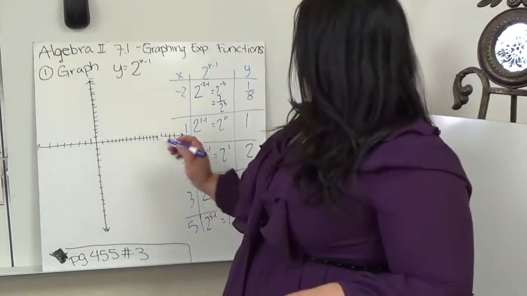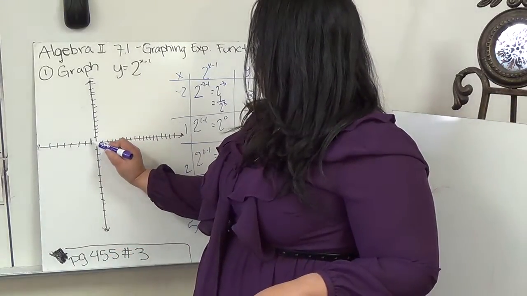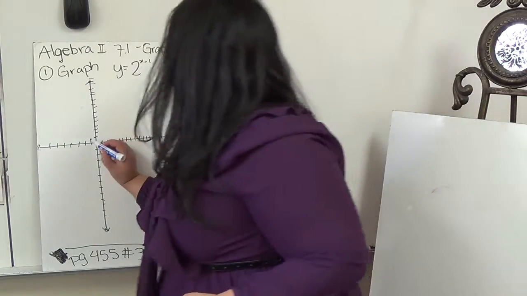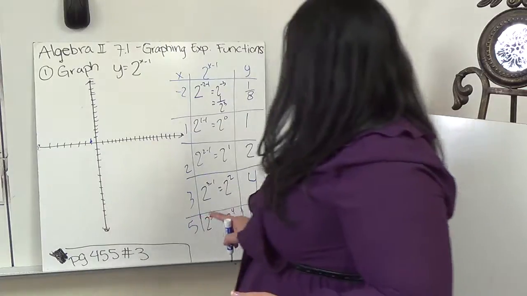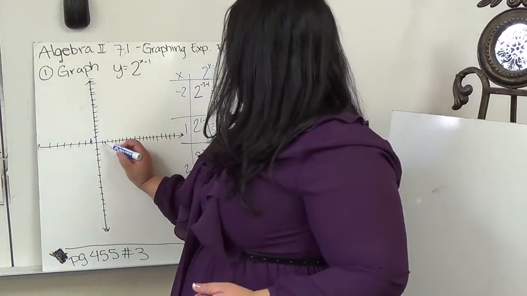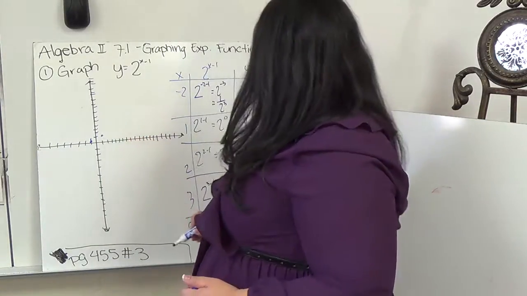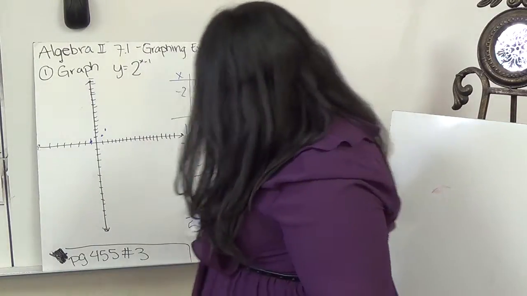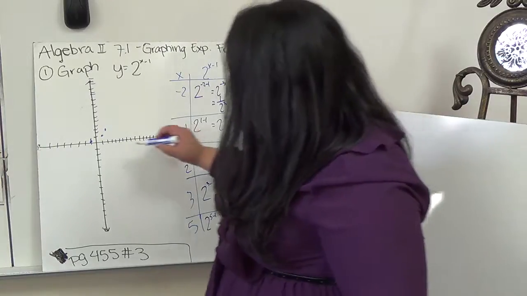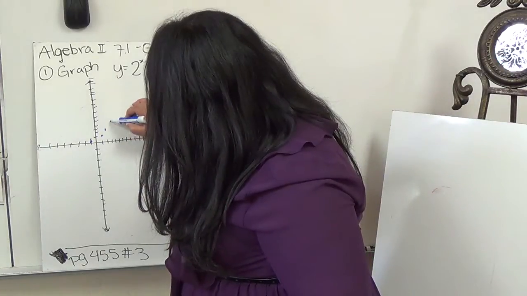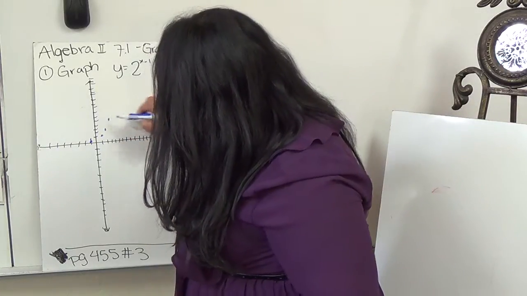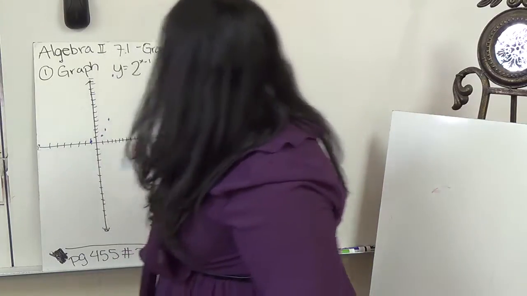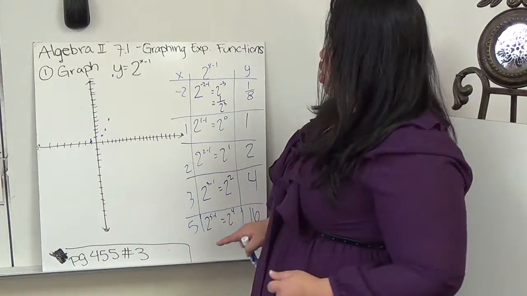So we're going to do -2 to the 1/8. -1 to the 1/4. 1, 1. Then 2, 2. Then 3, 4. Then 5, 16. The reason why I decided to jump to 5 is because I wanted you to see that